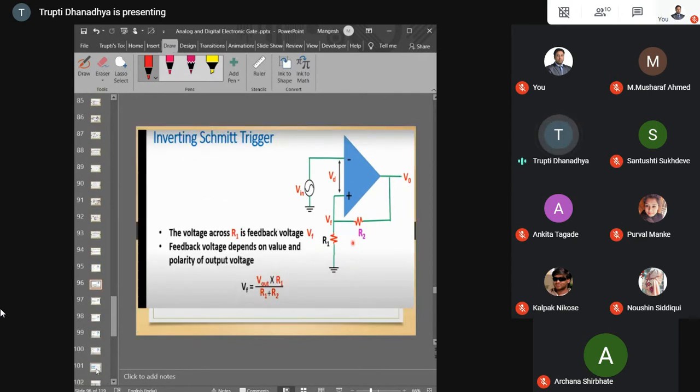Now for the Schmitt trigger, of course I think everyone knows how to apply the voltage divider rule. Can anyone please reply, what do you mean by the voltage divider rule or current divider rule? Please reply according to you, what is the statement for the voltage divider rule? Anyone knows? The voltage is divided when there is a break between the start and the end point.